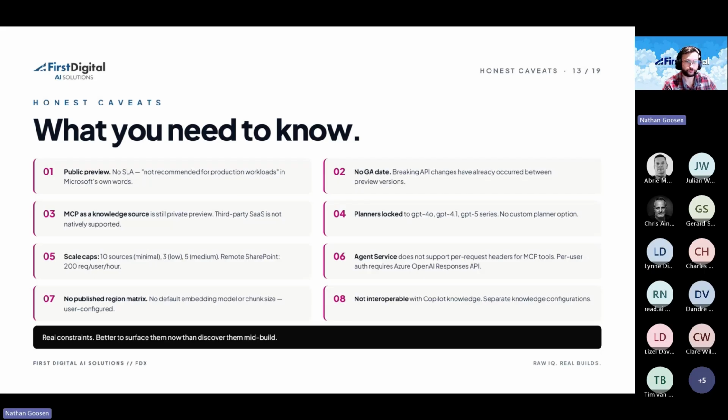MCP as a knowledge source is still in private preview, and query planners are locked to GPT 4.0, 4.1, and GPT 5. And scale caps do exist: 10 sources at minimal effort, 3 at low effort, and 5 at medium effort. Remote SharePoint inherits a 200 requests per user per hour cap with a 1500 character